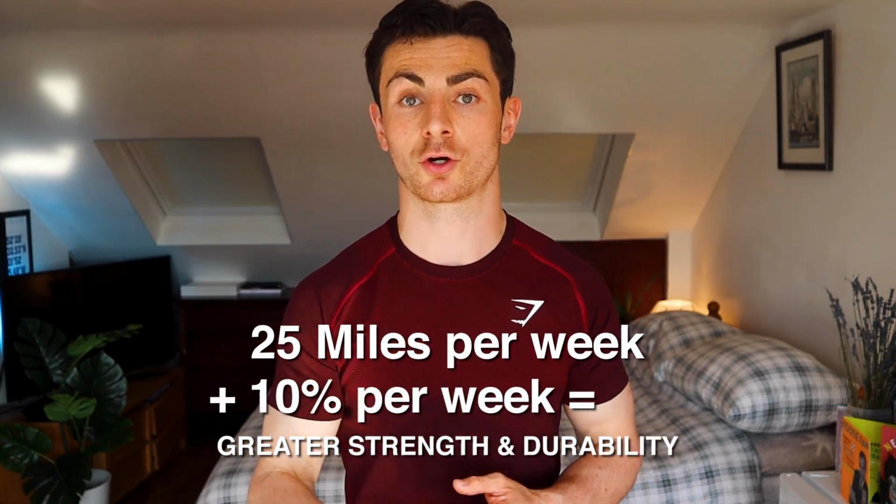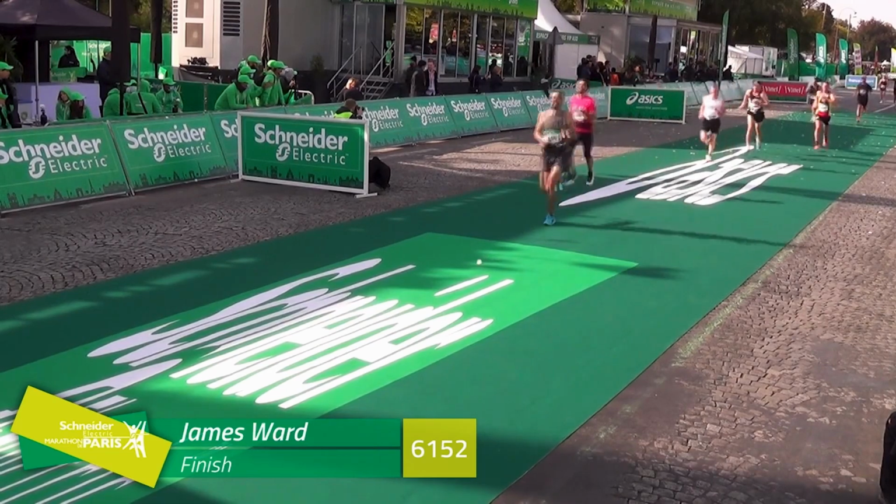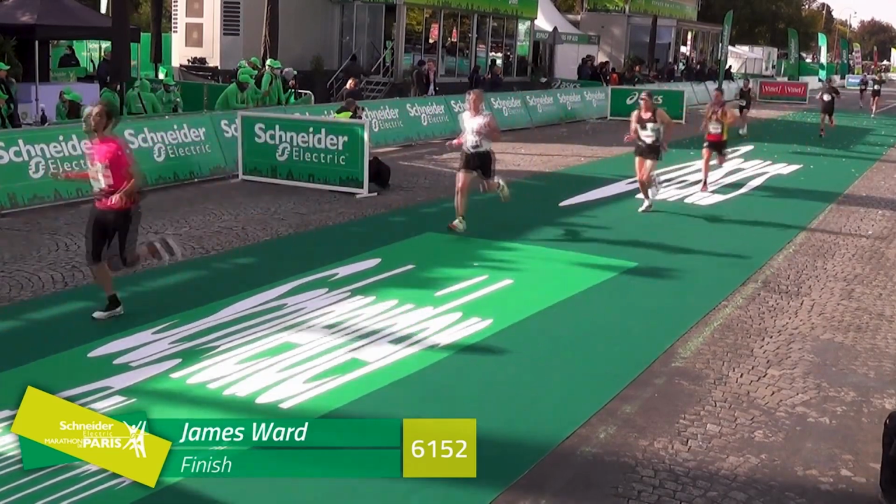Gradually over time you'll be able to build up that strength, that durability, and ultimately this prevents us from getting injured because we're increasing the strength at a doable rate. We're not likely to get injured if we're only running 10% extra each week, and we can keep doing these anaerobic exercises on a weekly basis, because the most important thing if we can stay fit is consistency. If you do this consistently, honestly I swear you will hugely increase your running speed. I wouldn't have done what I've done in running without doing these exercises,